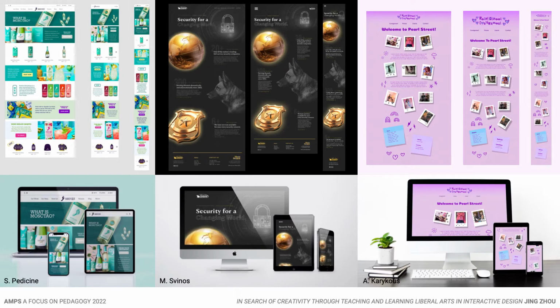Comparing many web and interactive design-related courses, most course projects are designated for practical and commercial purposes, such as product landing page, an existing app or website redesign, an app or website for a new brand, coding exercises, games, and portfolio websites. Here are some of my student projects without the liberal arts approach.